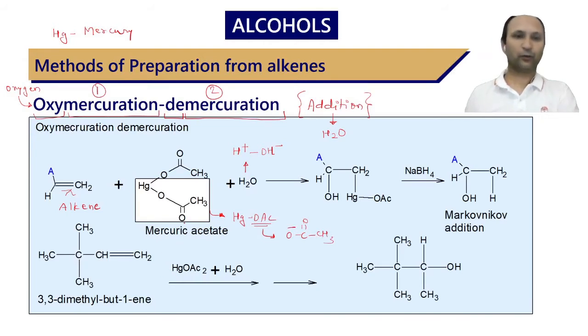Okay, so since this pi bond is going to be broken and two sigma bonds are going to be formed, this moiety is going to attack at this CH2 and this OH is going to attack at this carbon in order to give us an intermediate, which is